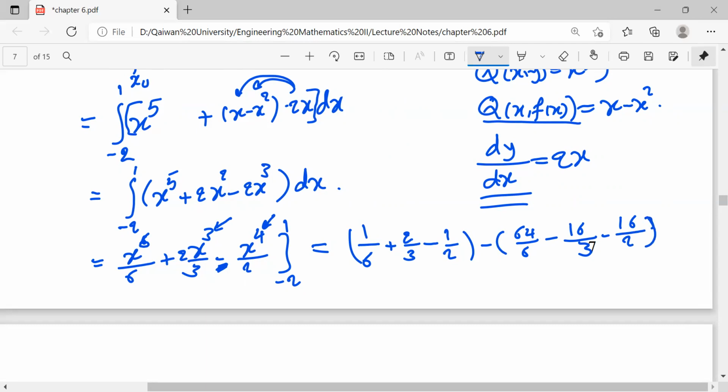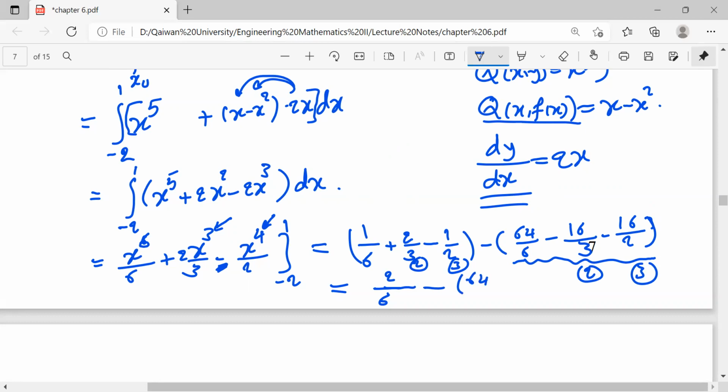Now we just calculate or simplify this. The left bracket here, the common denominator is 6. By this is 2, by this is 3. We multiply these two above. We get 4 minus 3 plus 1, which is 2 over 6. Yeah, that's 2 over 6 minus. For this one, the common denominator is 6. By this one is 2, by this one is 3. Multiply them two above. We get